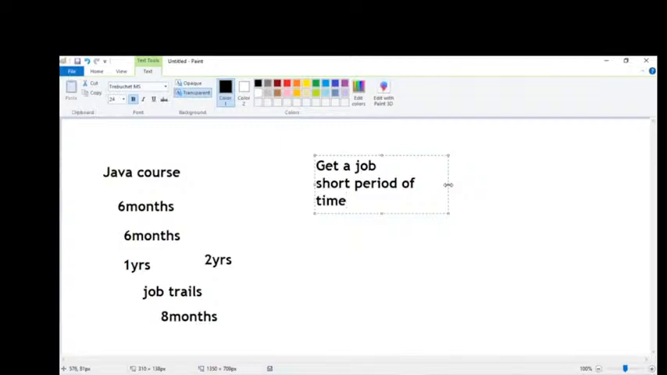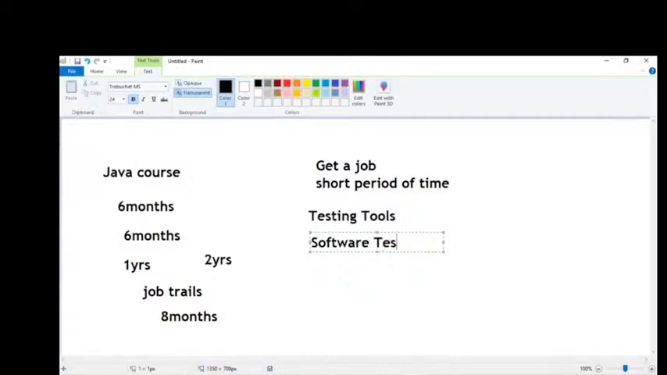Okay. So here everyone's goal should be like that. You need to get a job within a short period of time. So for that reason, most of the people are choosing this testing tool. Again, I already said that people will call it software testing. In this software testing, we are discussing manual testing and